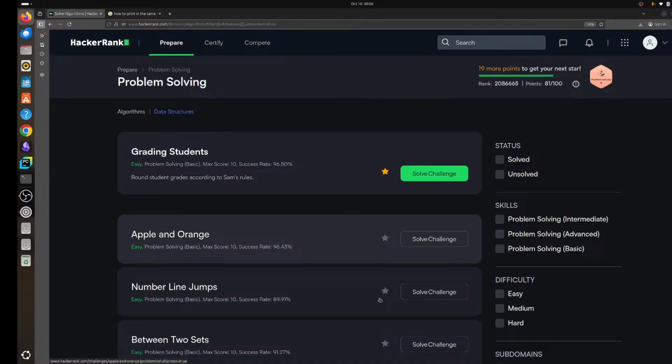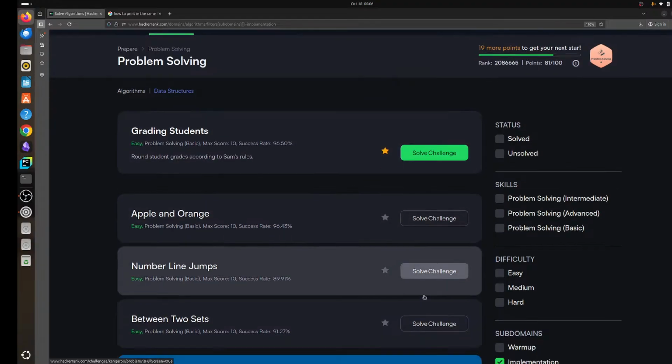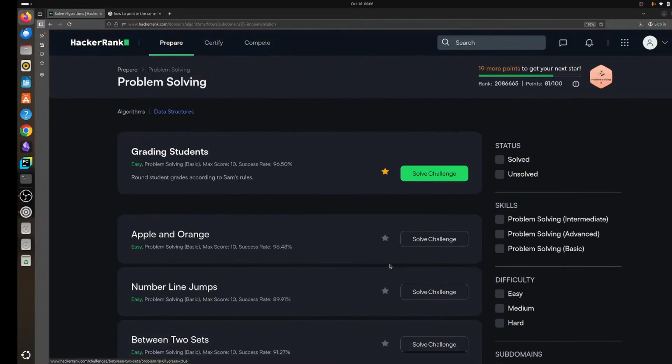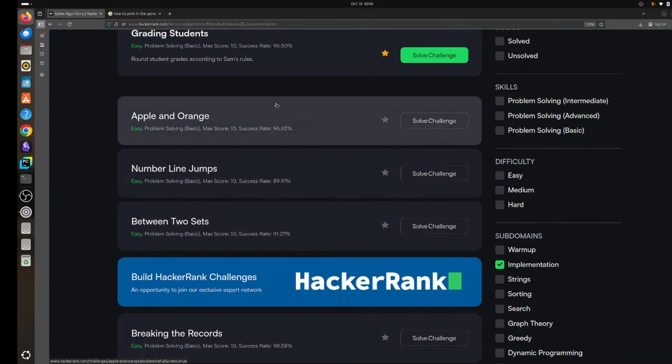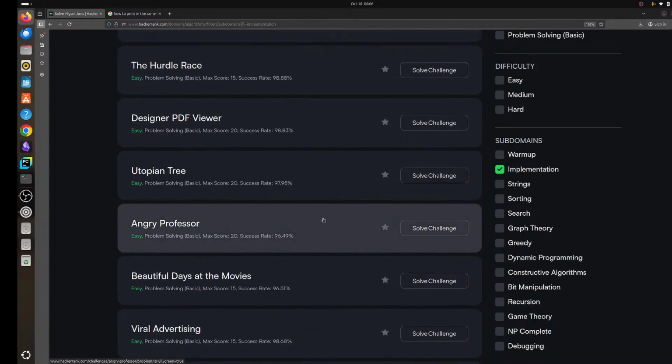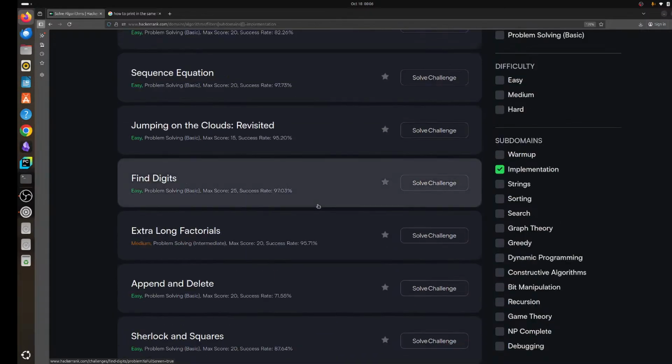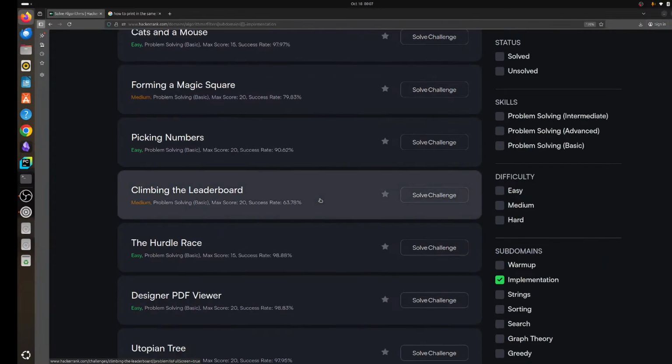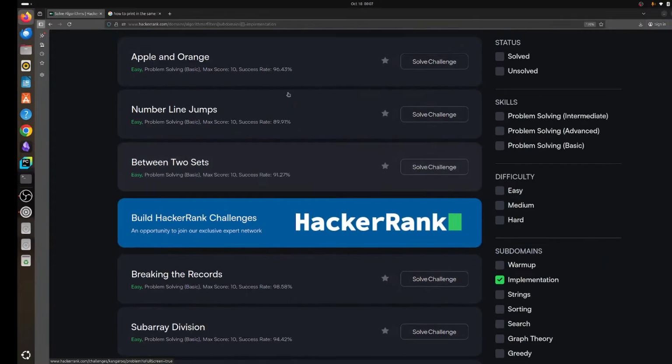Implementation also, this is a grading problem so we will skip this, and we'll start from this. So tomorrow we will start from these implementation problems one by one,